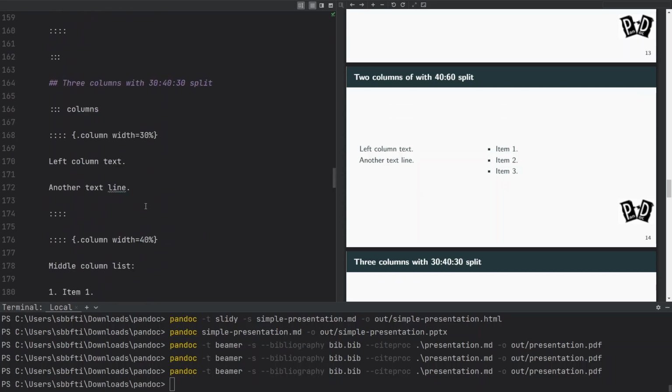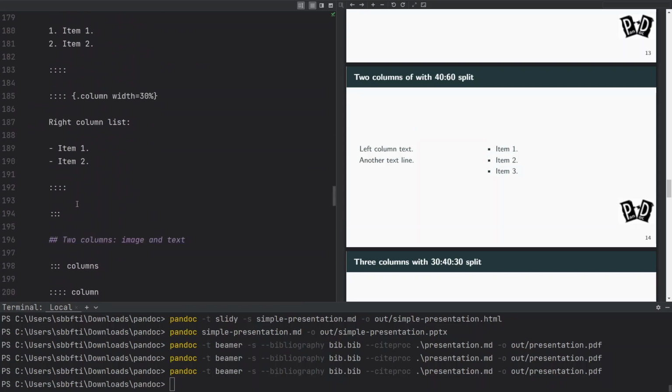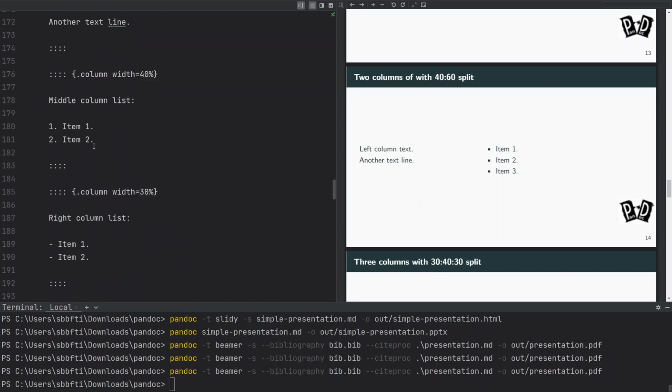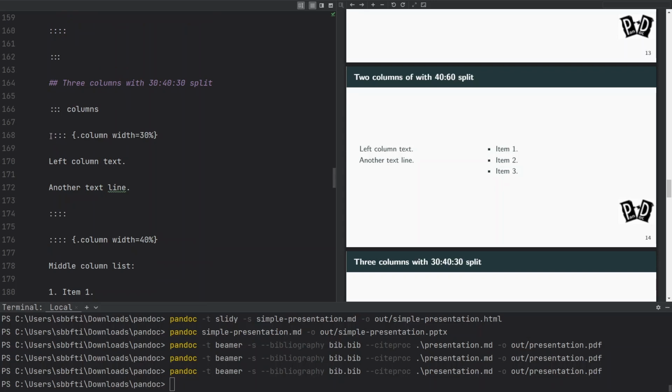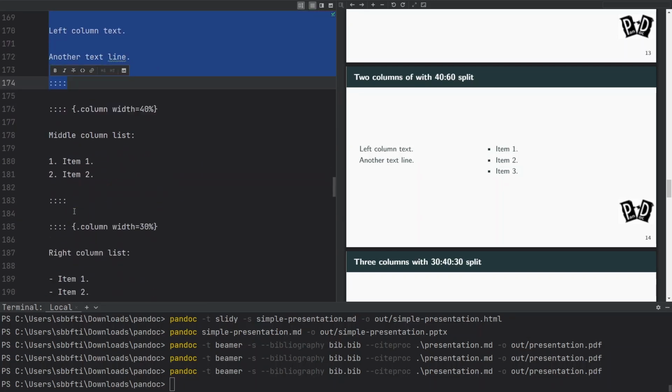I wouldn't encourage you to have more than 3 columns because otherwise everything is going to be too packed inside your slide. But again, we have the command here columns, which is going to be ended here at the bottom. And then inside here, we have the 3 nested columns. So we have the first one, the second one, and the third one. Again, the total of these widths should make 100, otherwise your content is going to be either on the left or too much on the right.